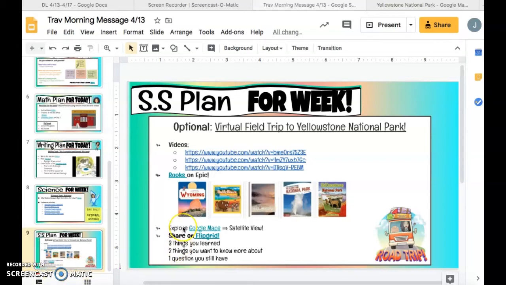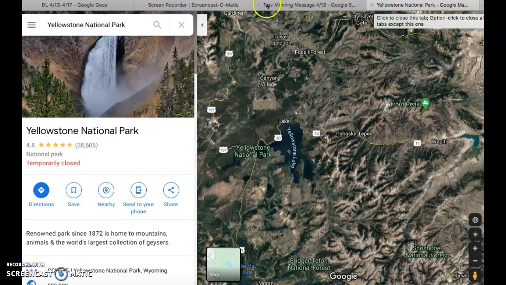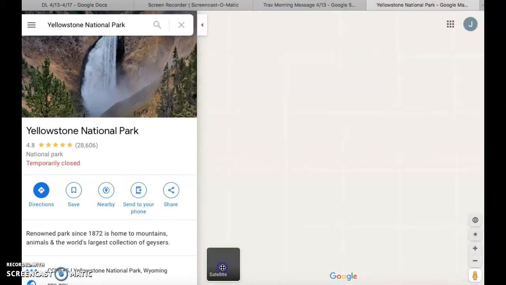Just in case you've forgotten how to use Google Maps, I just wanted to give you a quick tour. First, click the link that's on your page. It will open up Google Maps already set to Yellowstone National Park, and you're actually already on satellite view. If you're not, then this would say satellite and you could switch back. Map,